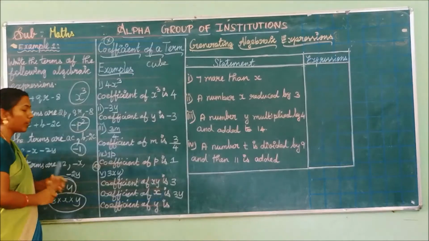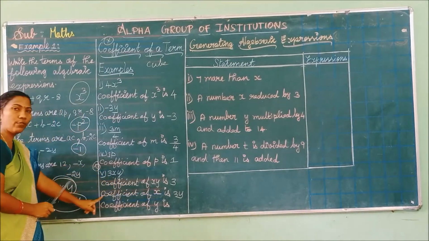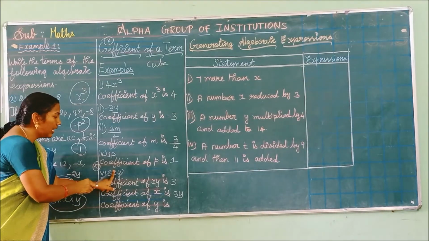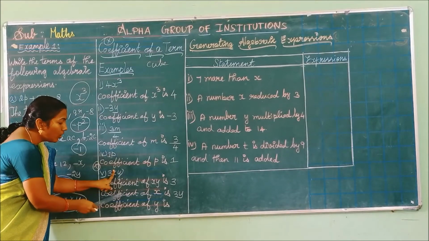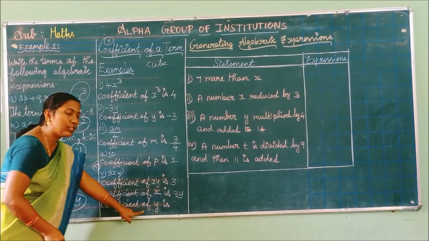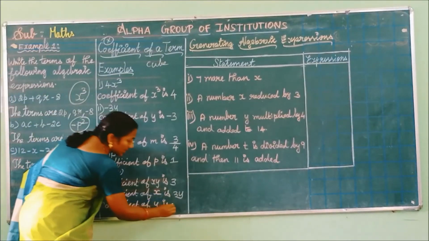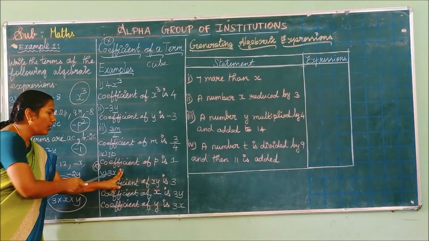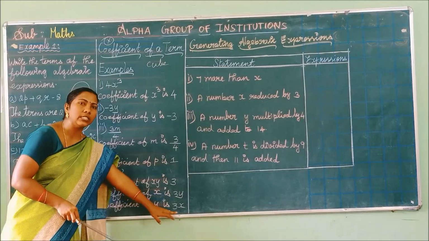I hope you understand. Now I am repeating this. In order to find the coefficient of x, you have to hide the x. So what are the remaining numbers? 3 and one variable y. So you have to write 3 and y as the coefficient of x. Do you understand? See the next one. Coefficient of y. So what is the coefficient of y? Yes, very good. 3x. You have to hide the y. What are the remaining numbers? 3 and x. So the coefficient of y is 3x.